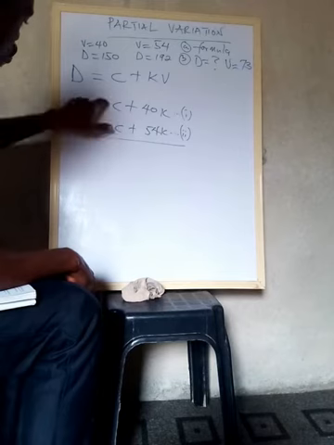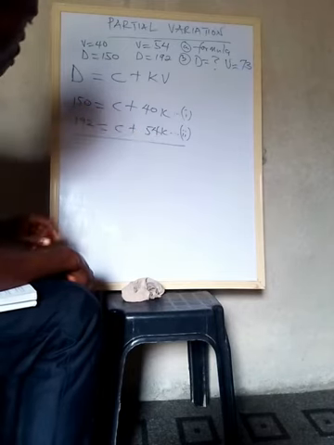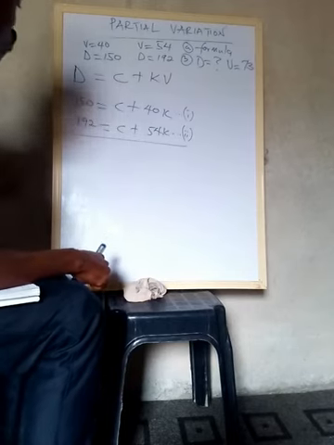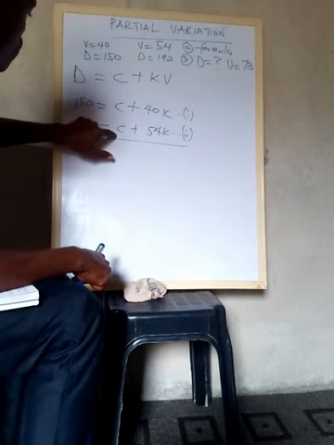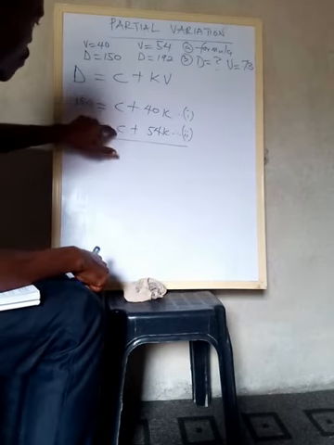So what you do is you look for what you would do to make the C that we have here the same. This is not the same. We have 40K, 54K, so it's not the same. But we have C and C, and that is the same thing. So what do we do to C and C to remove it?